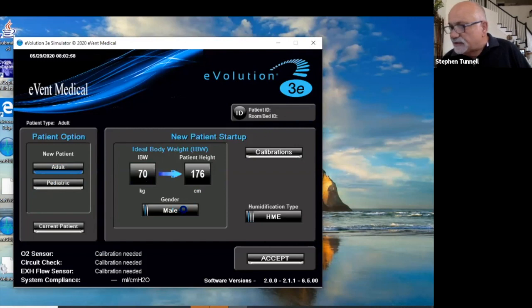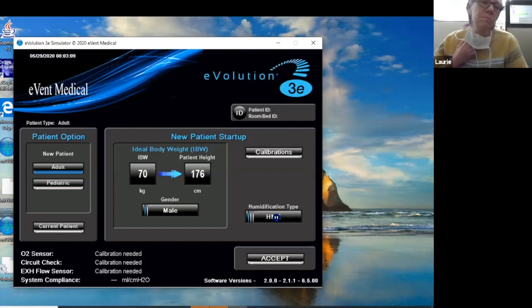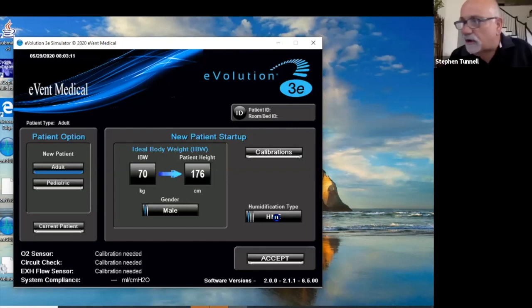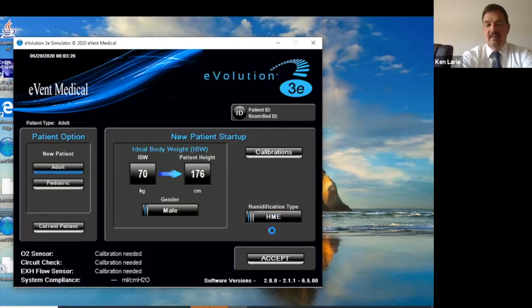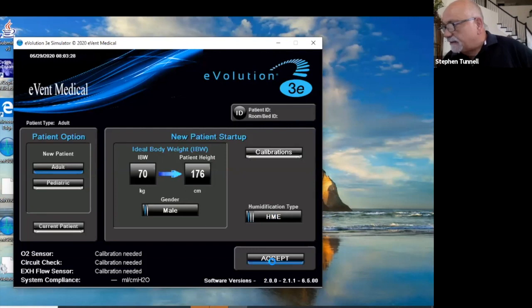It wants to know the gender. And then it asks you, what type of humidification are you using? In the short term, you asked the question, Ken, about those short-term ventilator patients. Those short-term patients are only on what's called HME. Those are filters that retain humidity. It's after 24 to 48 hours that we start to worry about the patient and want them to have humidity. Anyways, you choose the type of humidity, you hit accept,